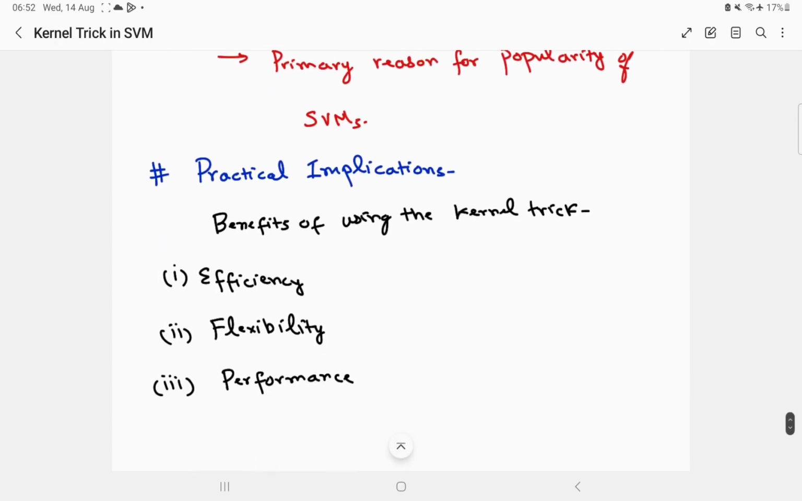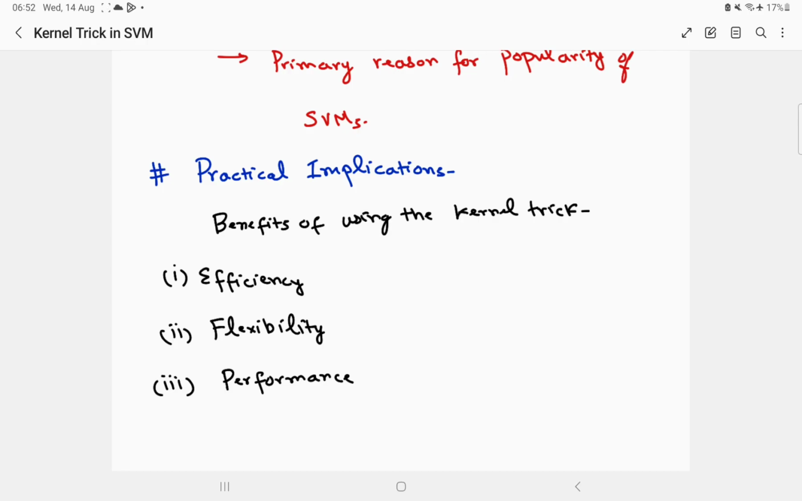So to sum up this video, if we were to talk about the practical implications of the kernel trick, using the kernel trick has several benefits. The first one is efficiency. So it avoids the computational cost of explicit transformations. The second one is flexibility. So it allows SVMs to handle complex data structures. And finally, performance, or the most important one. So it can improve the classification accuracy by transforming non-linearly separable problems into linearly separable ones in a higher